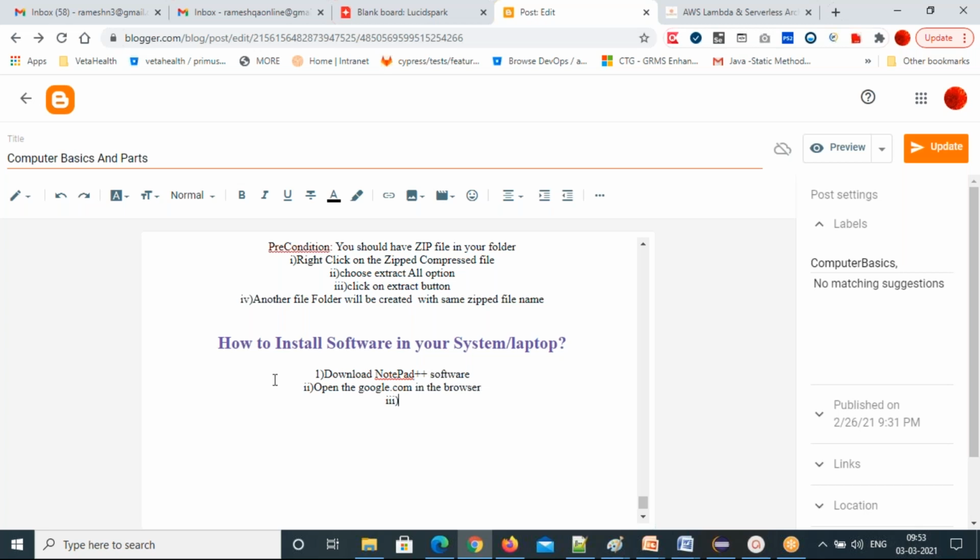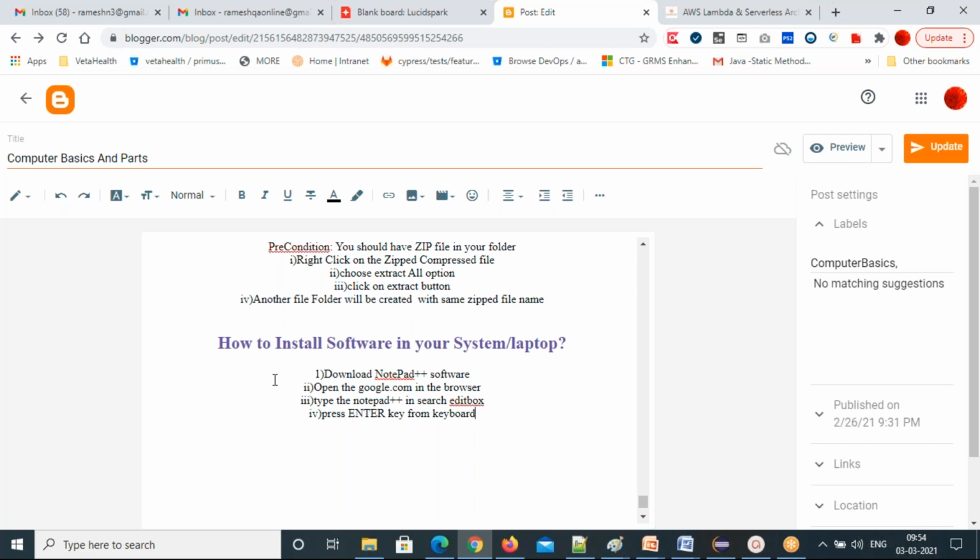Next, in the Google search edit box, type Notepad++ in the search edit box. Then press enter key from the keyboard.